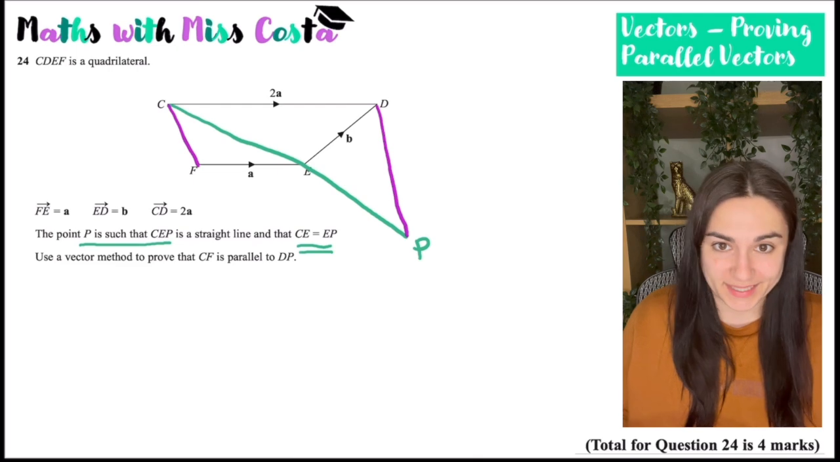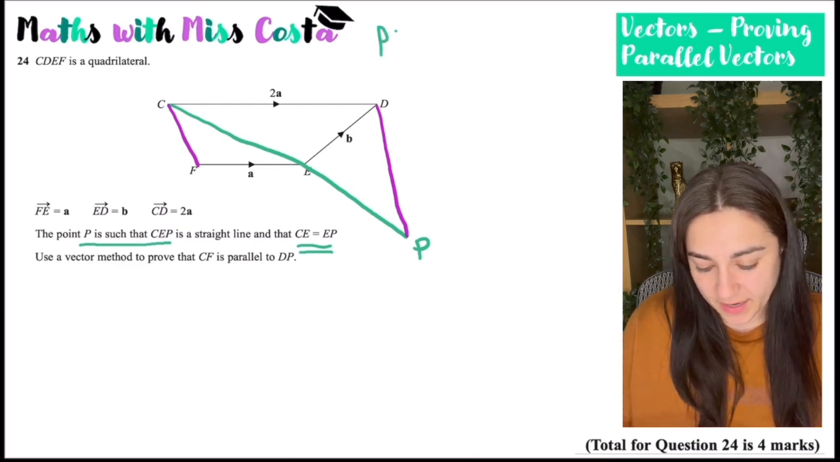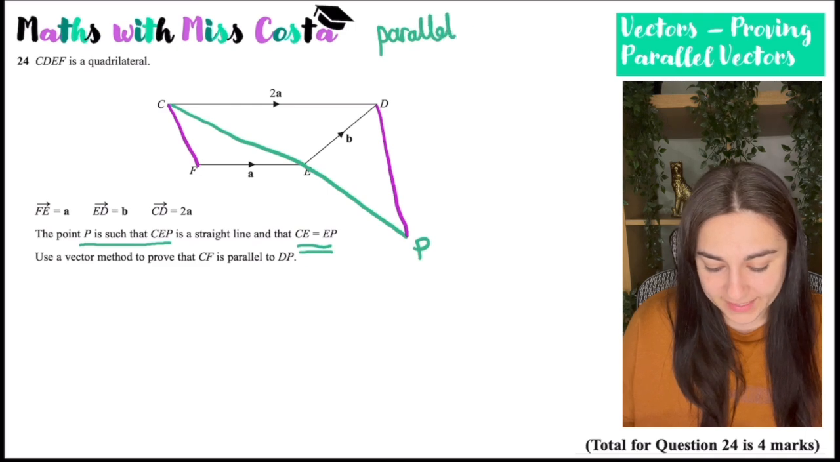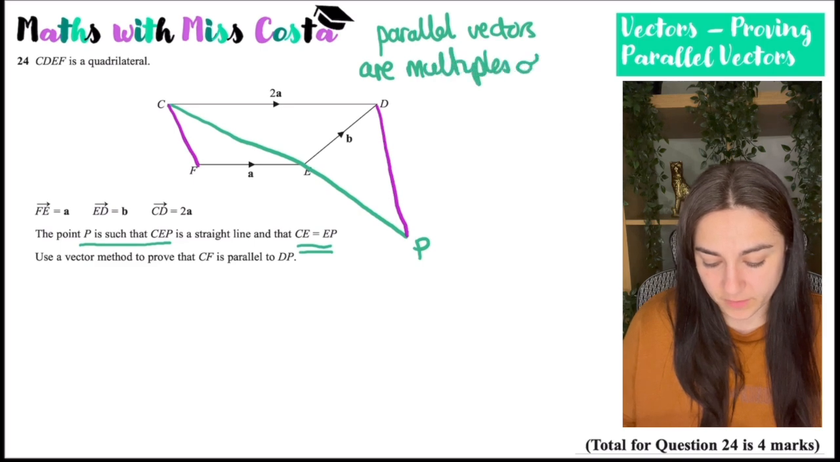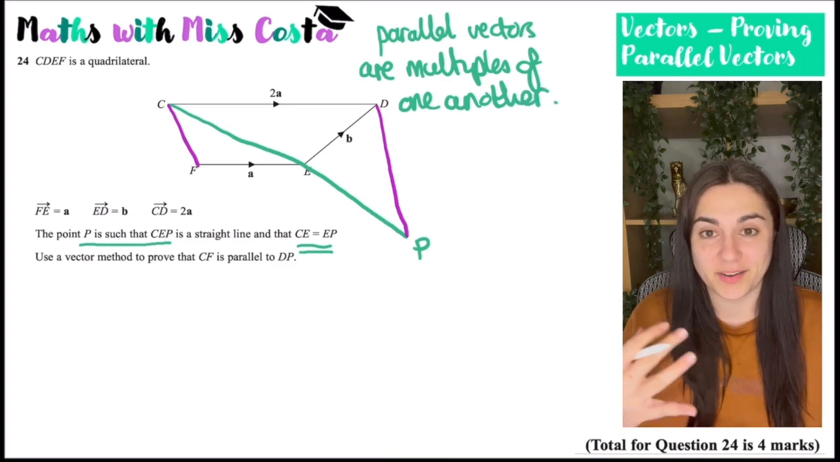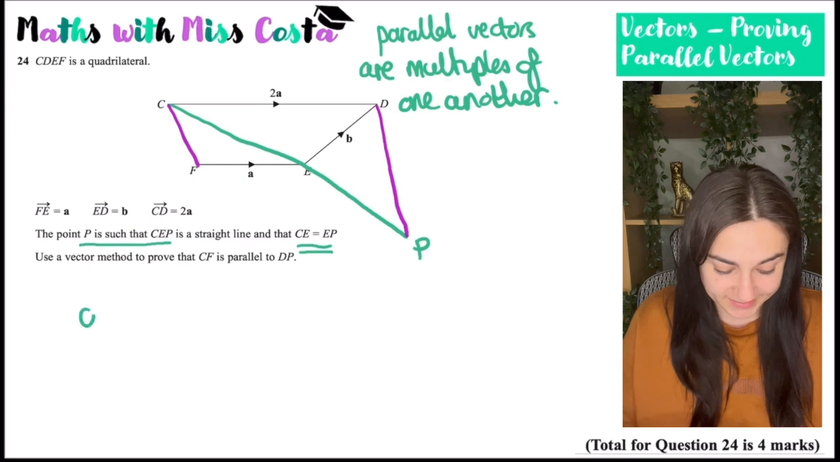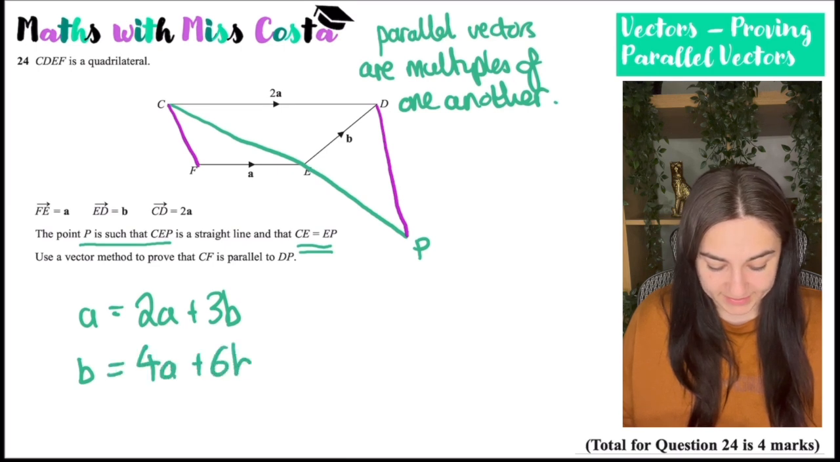Obviously, this is not drawn to scale, which is why they don't look parallel. Now, the key thing is to remember that parallel vectors are multiples of one another. So in order to prove that something is parallel, you need to show that it's a multiple of the other thing. So for instance, if vector A was 2a plus 3b and vector B was 4a plus 6b,